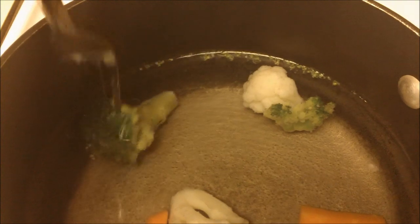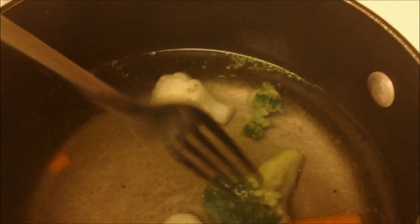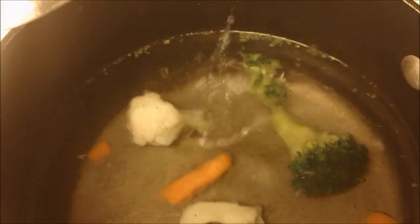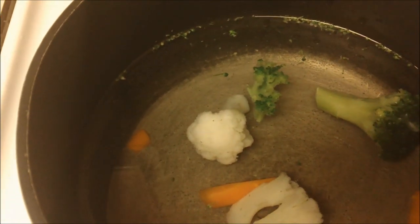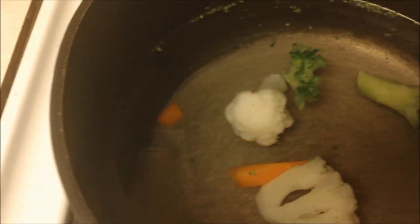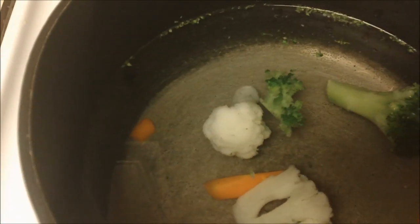Okay, so now I'm just basically testing to see if the vegetables are done. In my opinion, they are. They look pretty fresh, so we're going to get them to the parrots in the house, and then I'll probably explain their pellet diet and how to wean your bird off of seed. So that's really it. Again, feed in moderation with the salts, fats, and sugars, and never chocolate, never avocado,